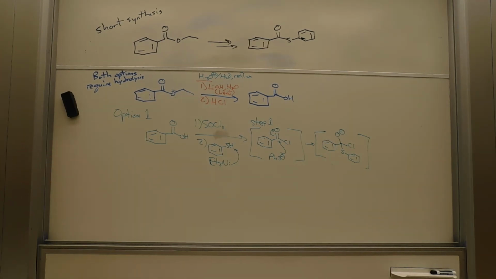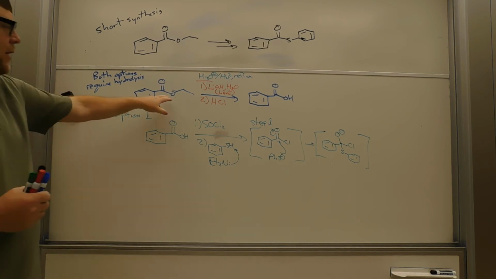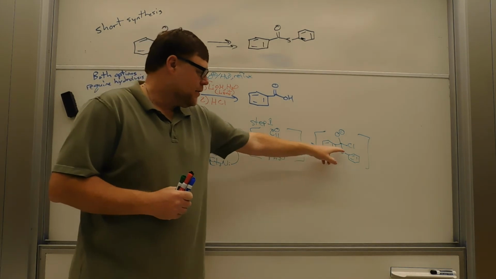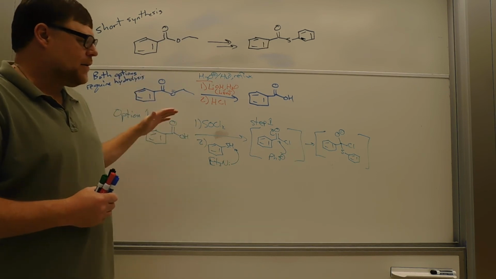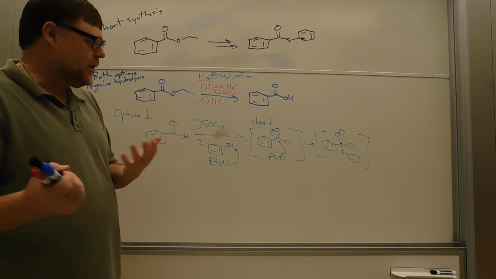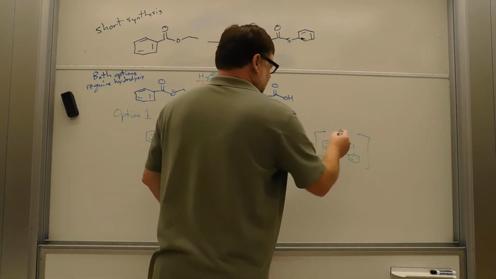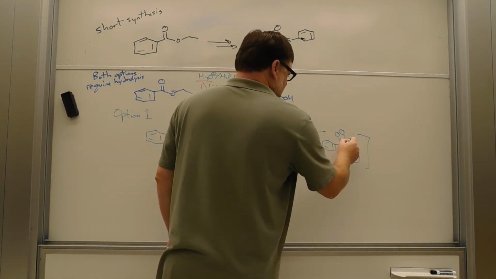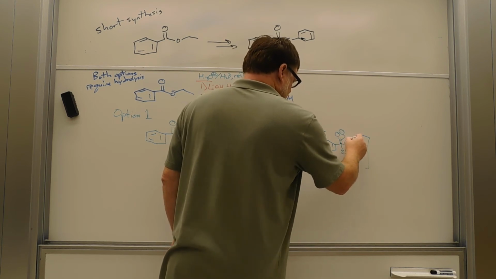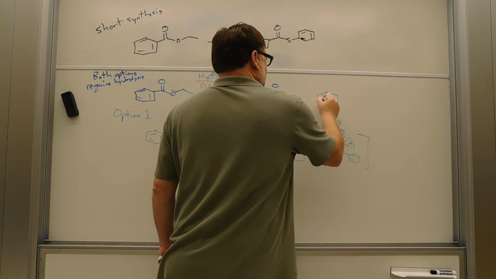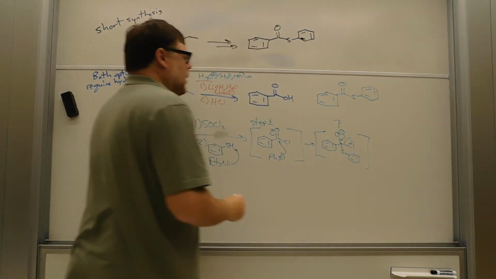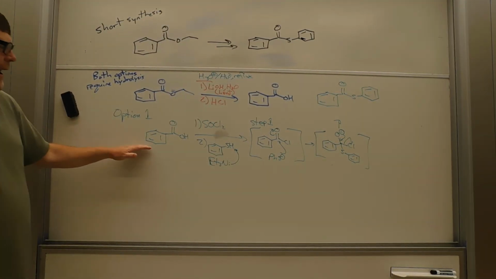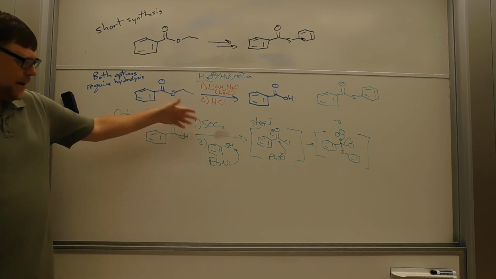And now you're probably thinking, well, wait a minute, you just said that the sulfur adds into the carbonyl and it gets kicked back out. But remember, that was with ethoxide being the leaving group. From here, the leaving group is chloride. Chloride's a much better leaving group. Chloride minus is the conjugate base of a really strong acid, so it's a really weak base. And so in fact, that's what happens here. O minus kicks out the chloride, and we get the desired product. So option one with the benzoic acid is to use thionyl chloride to make the acid chloride,